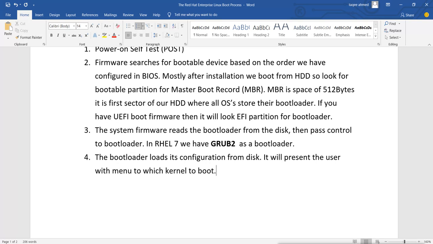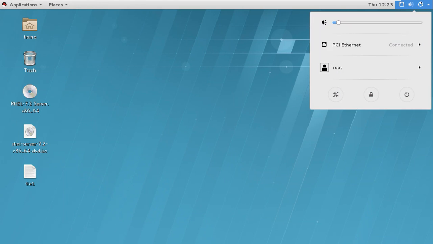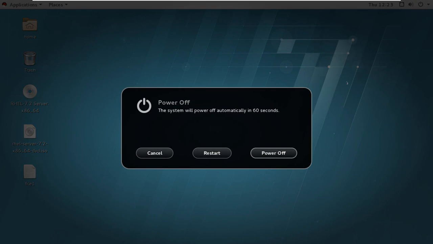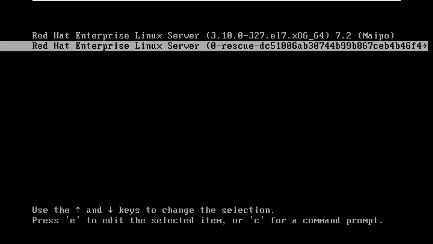By default, in this RHEL 7 we have two kernels. One is the normal one and the other is the rescue one. Let me show you that first. If I reboot this system, you will see that. So I will restart it.